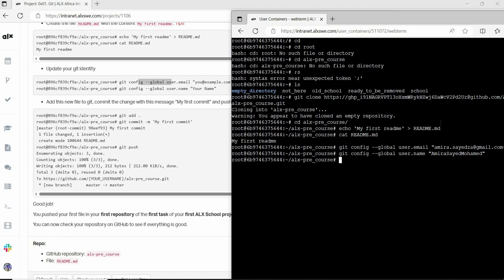Now I created the readme file, but it's an untracked file. To make this file tracked, just use this command, git add. And to commit your changes to your repo, just do this command: git commit -m